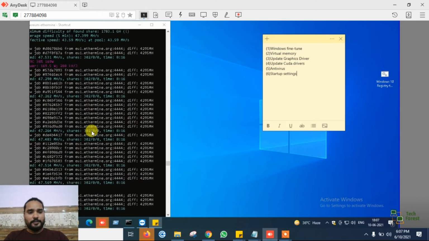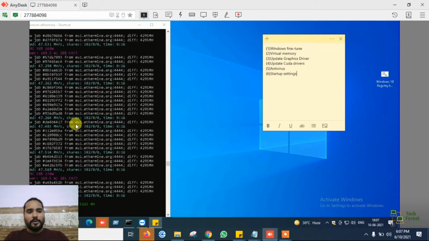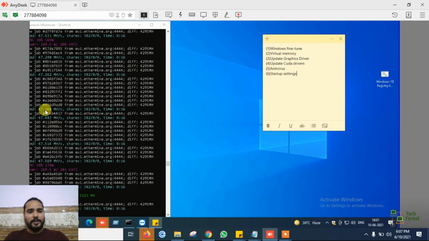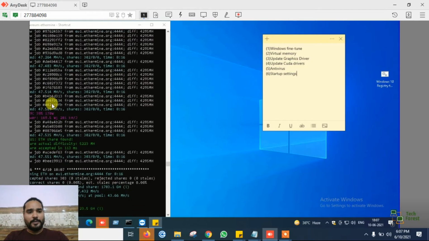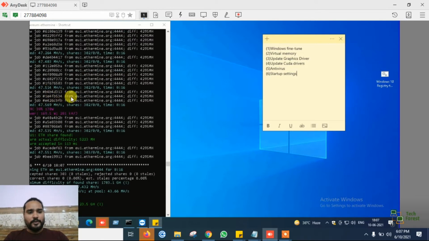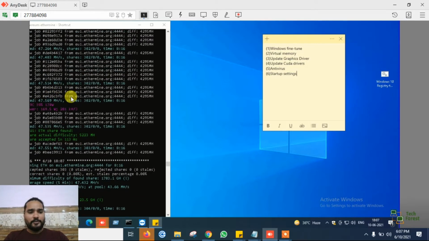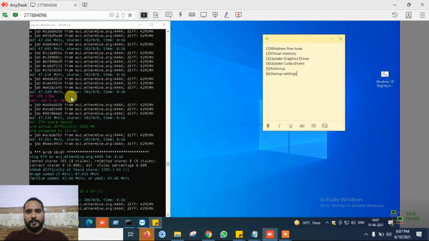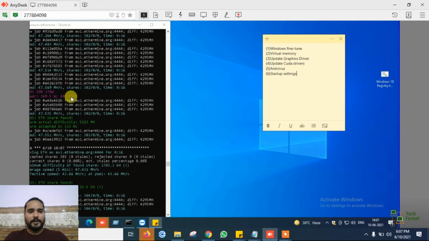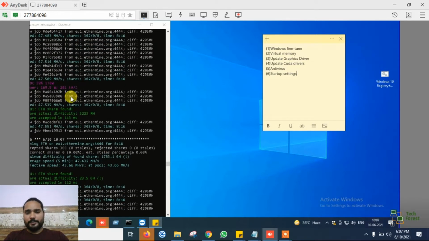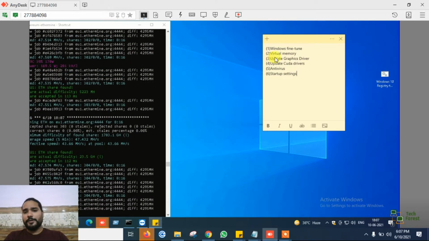It's a 3060 and I'm getting around 49 MH speed. Right now you can see 47 MH because this screen recording is going on. If I turn off all this unrequired software, then I'll get around 49 to 50. So let's come to the point.